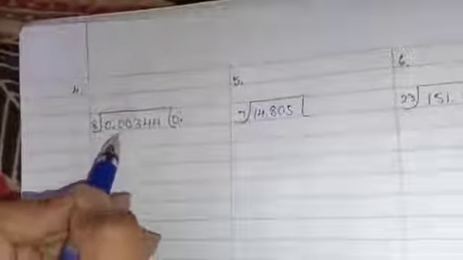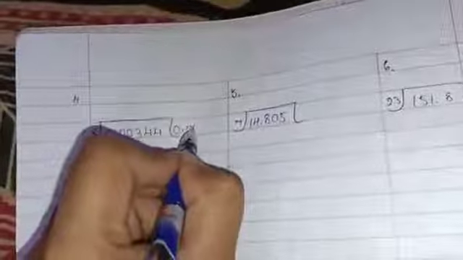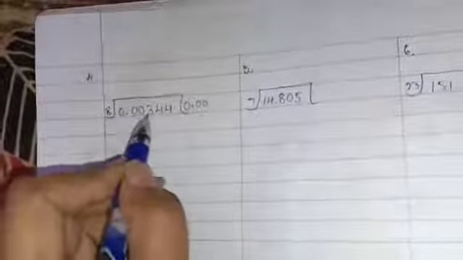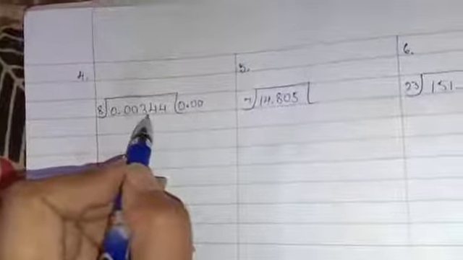Now again 8 zeros are 0. Then again 8 zeros are 0. Okay, 2 times 0 I have written. Now 3 is coming. So in the 8 table, does 3 come? No. I have to take 2 numbers, so 3 and 4, 34. If we are taking 2 digits together, what should we do? We have to put one more 0.